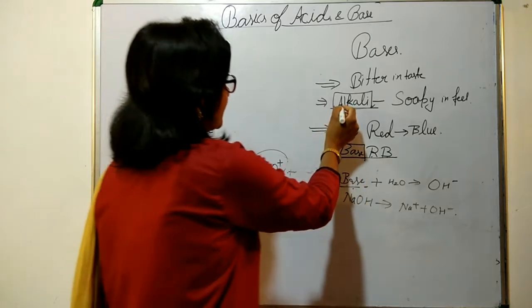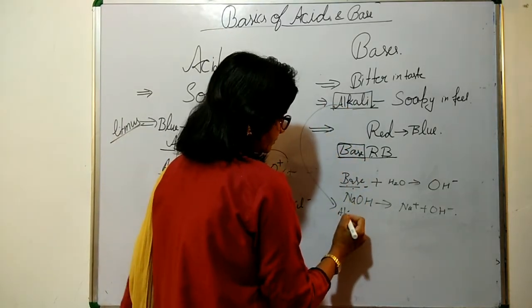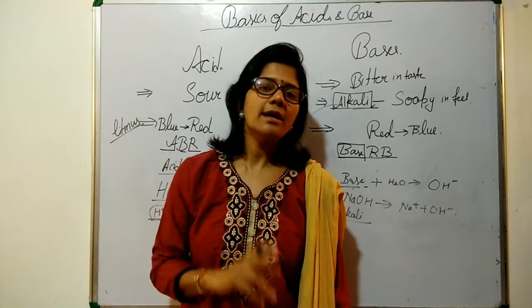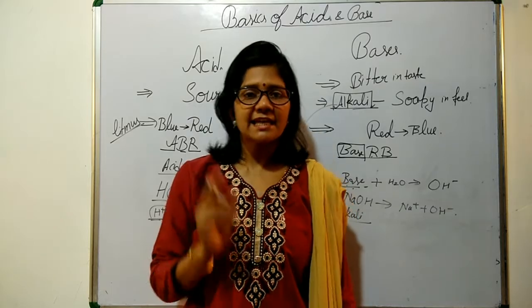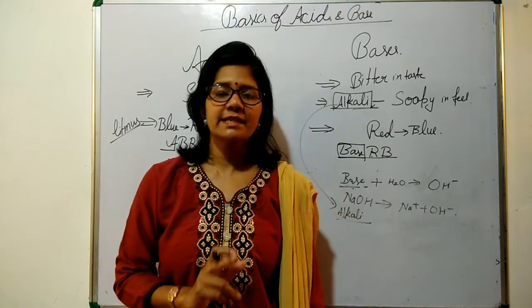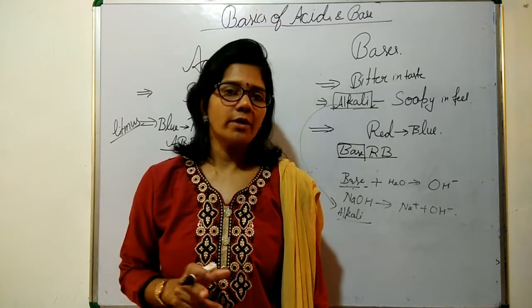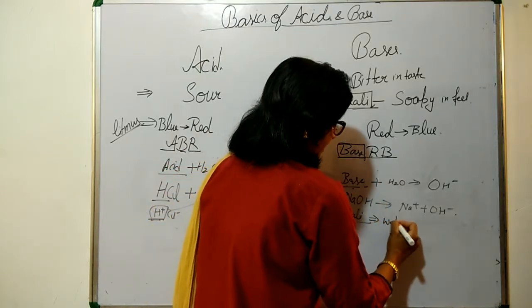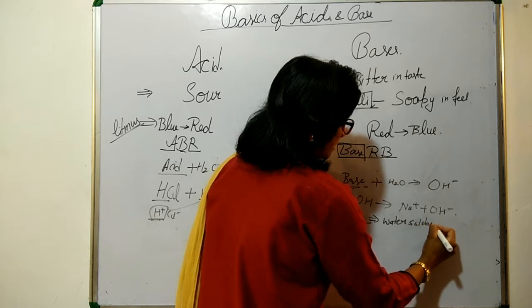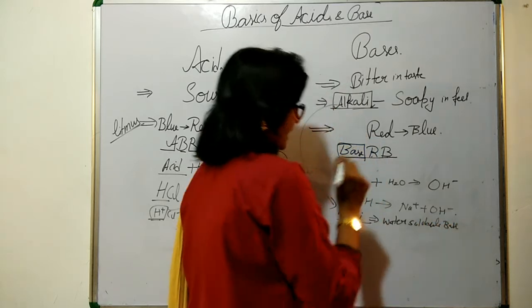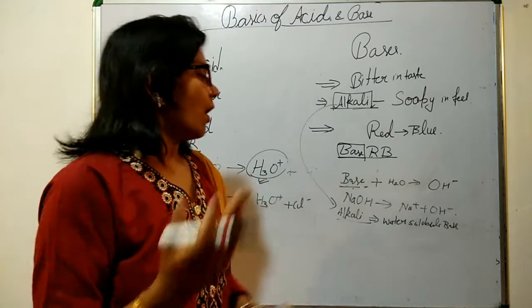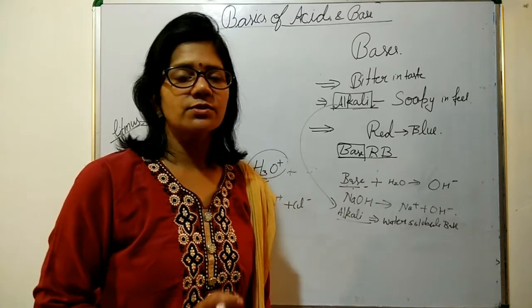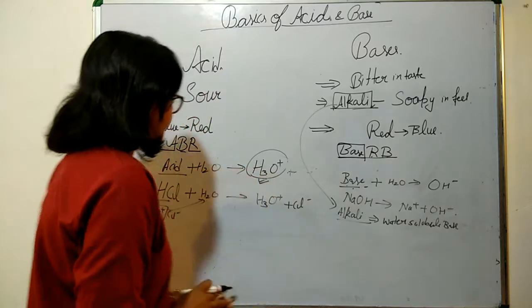One more thing here, we can explore this alkali topic. All alkalis are bases, but all bases are not alkalis, because alkalis are those special bases which can dissolve in water. So all the water soluble bases are alkali. But all bases are not water soluble, so we can't say that all bases are alkali, but it is true that all alkalis are bases.